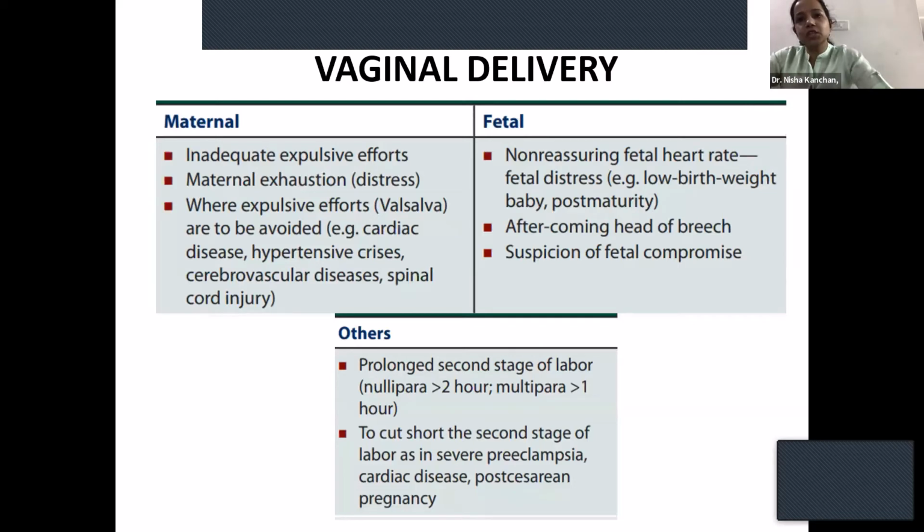So what are the indications for forceps? In vaginal delivery, forceps are basically for prevention and protection. You're trying to prevent any morbidity to the mother or fetus by applying forceps, and you're trying to protect the baby when a sudden jeopardy is happening and you want to deliver the baby early. Usually it is because of inadequate expulsive efforts. The mother is not bearing down adequately and you need to expedite the delivery. And maternal exhaustion: the mother is exhausted, she's had a very long labor, and when the time has come to bear down, she's unable to bear down.